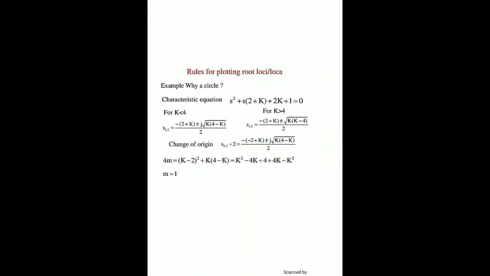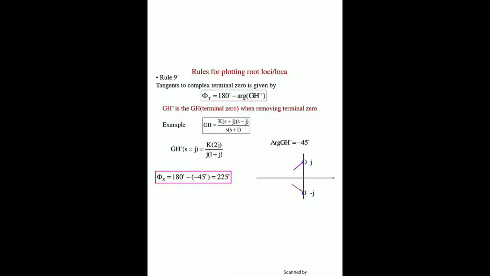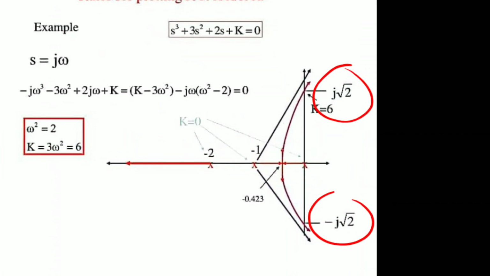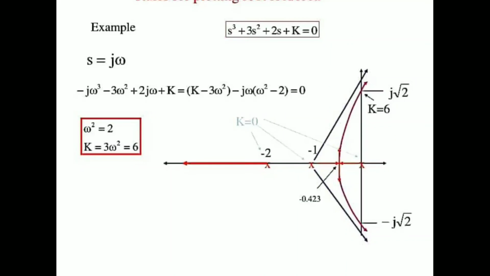So root locus is a graphical method of pole zero plot where stability is analyzed. The stability is determined with the help of the location of poles, whether the poles are located in the left half of the s plane or the right half of the s plane. If the poles lie in the left half of the s plane, the system is absolutely stable. If any root lies in the right half of the s plane, the system is unstable. So that is regarding the stability analysis in the time domain analysis.